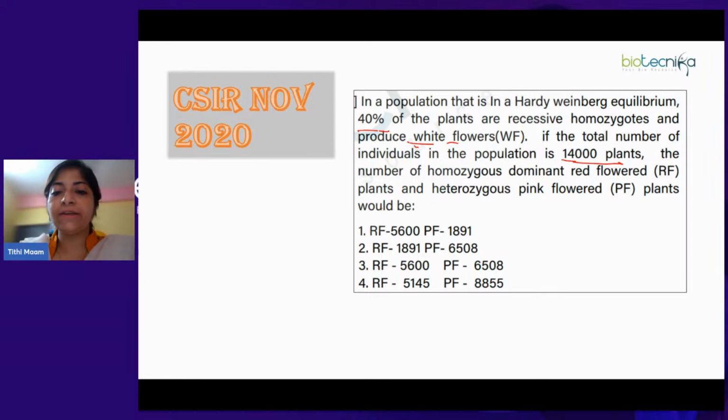So here what is given to us? It is shown that the frequency of white flowers, which is homozygous recessive, is 40%. Okay, means q square,